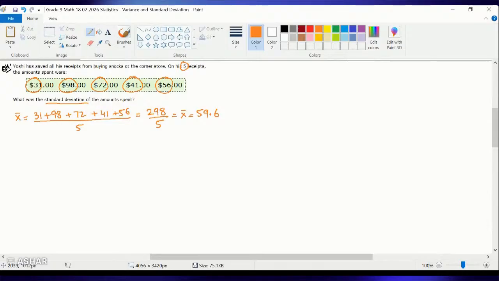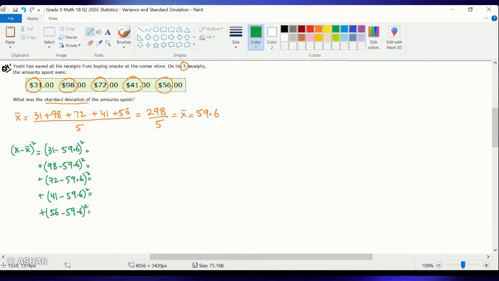So since we have to find the variance, we can say x minus x bar squared should be equal to 31 minus 59.6 squared, 98 minus 59.6 squared, 72 minus 59.6 squared, and 41 minus 59.6 squared, that is the mean, and 56 minus 59.6 squared. So when we add these numbers together,